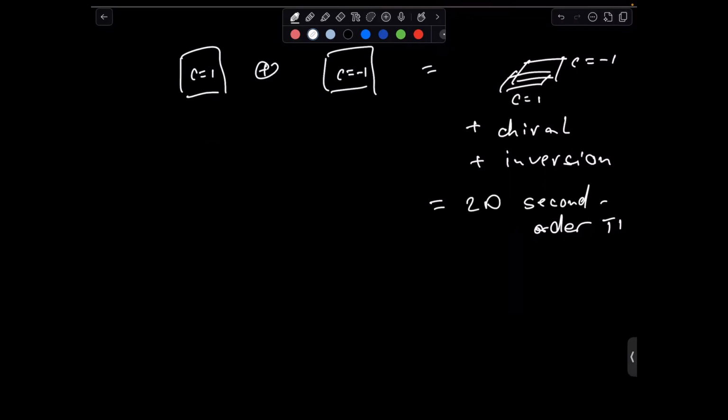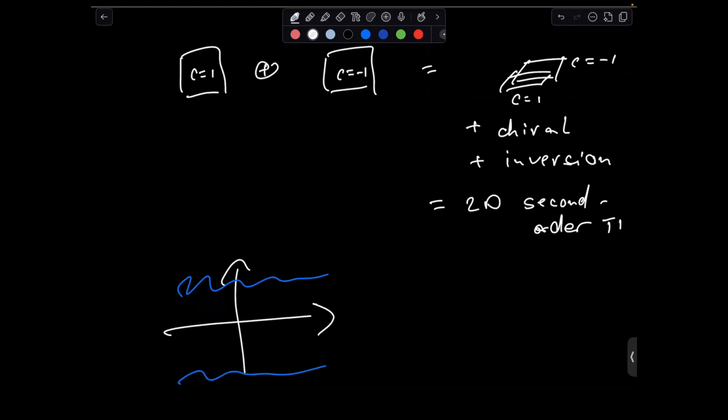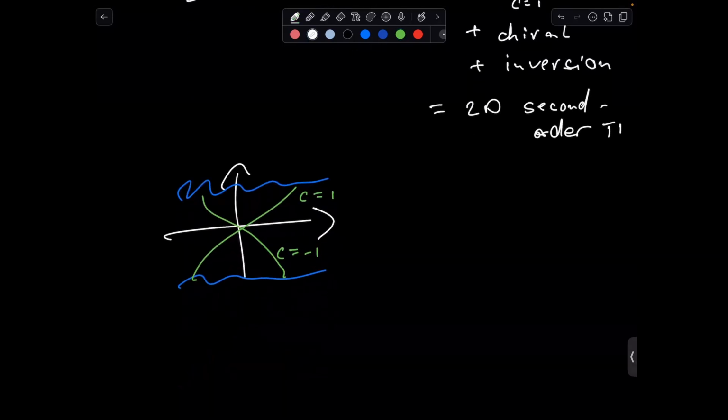So why is that? When you look at the edge of the system with two Chern insulators, well, one is Chern number 1, so it's gonna have an edge state like that, a chiral edge mode goes like that. And the other is Chern number -1, right? So opposite Chern numbers must have edge states that go in opposite directions so that they can gap out, because we know that 1 and -1 should be no Chern insulator, so no chiral edge state. And now I can look at the system where